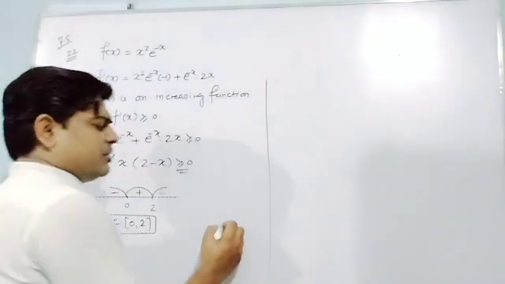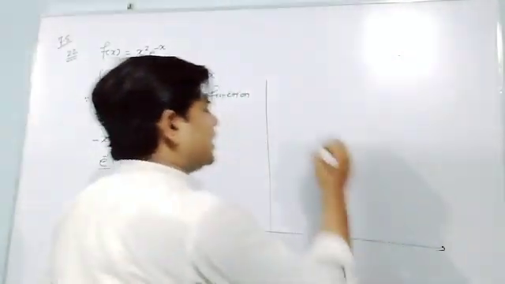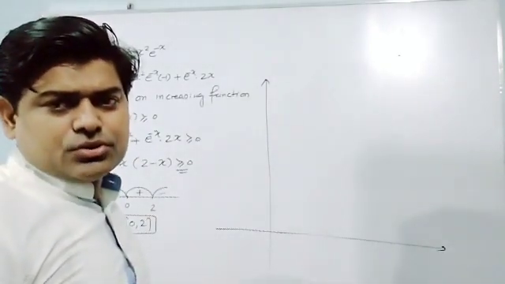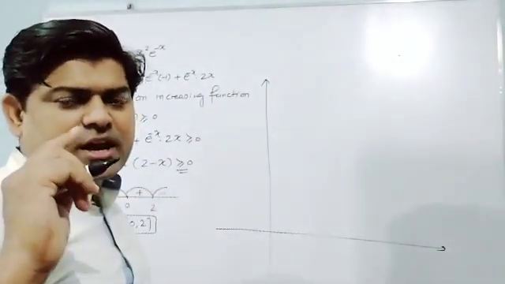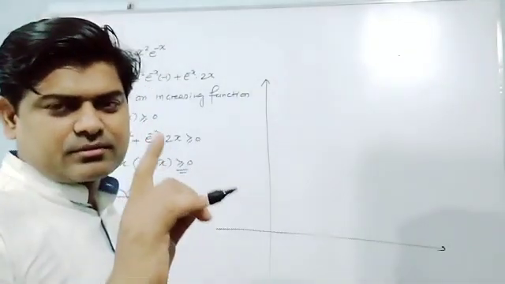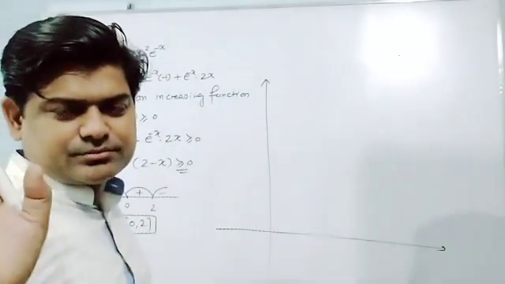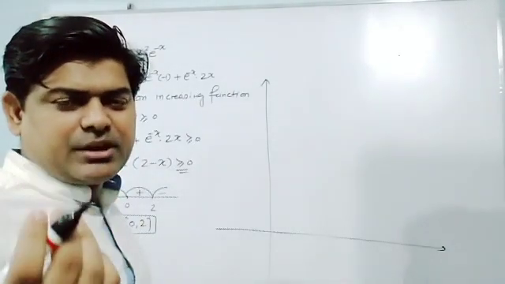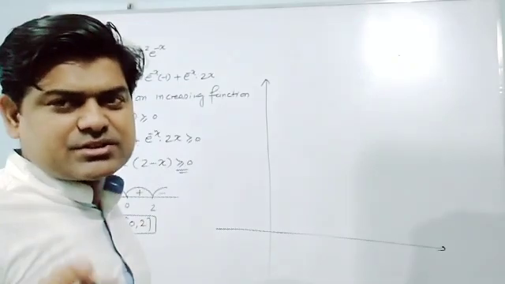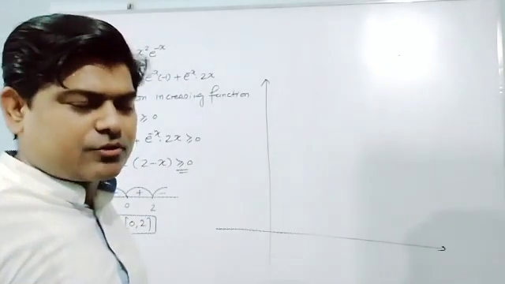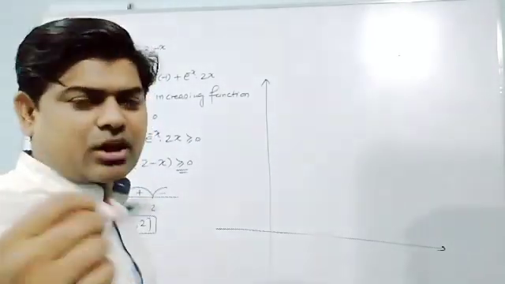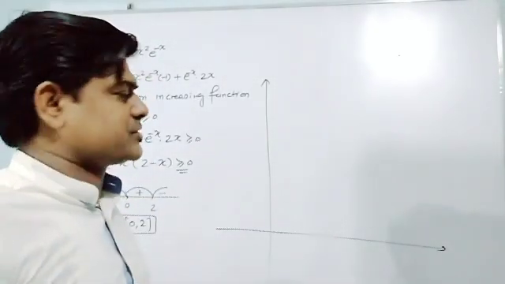You must have seen when we are plotting a graph, or drawing a graph of the given function, only in one case when we have a linear function, it will be a straight line. Otherwise, we will get a curve. That will depend on the type of the function, whether it is quadratic or cubic or biquadratic. Different types of graphs I can get according to the function.